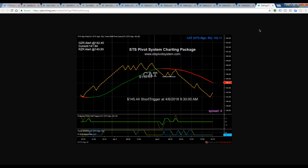yesterday's trading. Here was Caterpillar, early morning, 9:30 a.m. It breaks down right here immediately, giving this trigger, chopped around in the early morning. We always like to let them settle in. Well, it ends up giving a perfect retracement back up right where we want to find it